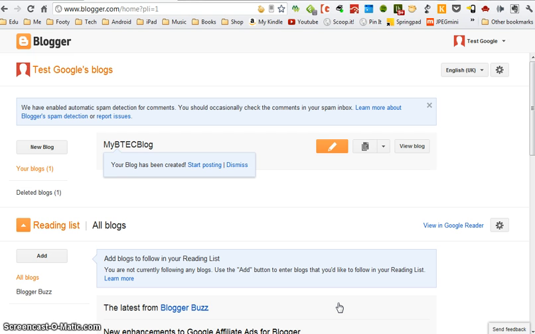But before we can use it, we need to set some very important privacy settings on our blog. It's very important that when you have a blog that you're in control of who can see it and who can post on it and who can comment on it. And as this is a school coursework blog, it's particularly important that we manage that. So when you're on your home page for Blogger, the first thing you need to do is access the settings. So if I go to this middle button here, more options, click the down arrow, and I go to settings,